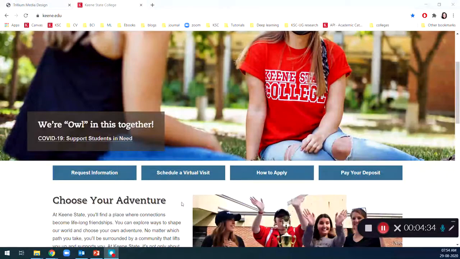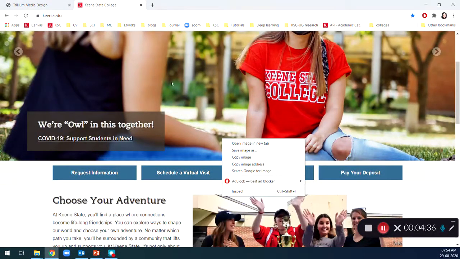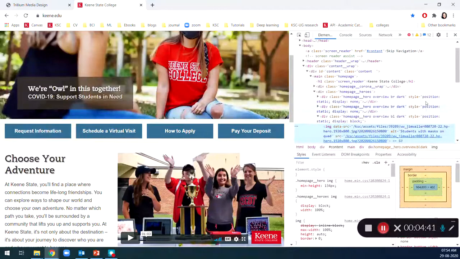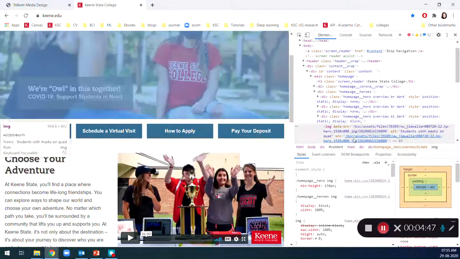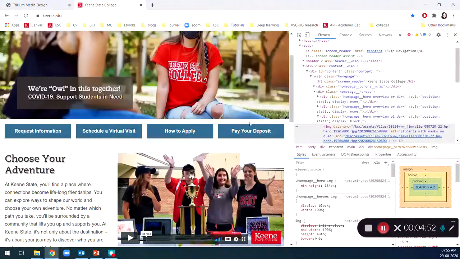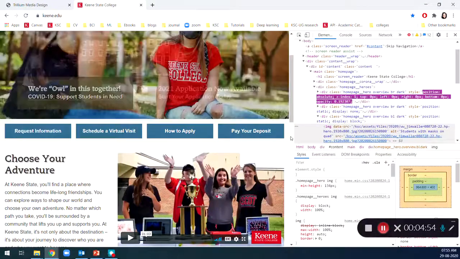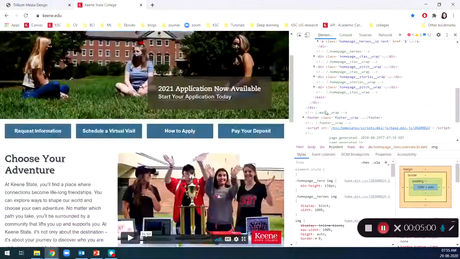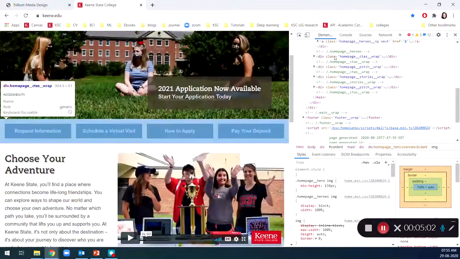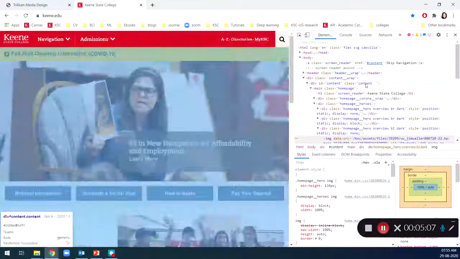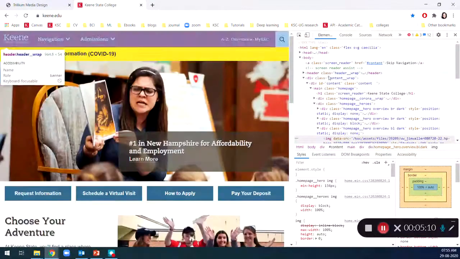You can click on any page to refer to the coding. For example, I'm on keen.edu, so I'm just clicking inspect, where I can see the coding for this. Okay, so for example, here this is our navigation bar, right? So you can see this image. When you hover over this, it will display the content of that. And then this is the main content. You can see all those things that are covered here is the main content. And in our website, the navigation is the first tag, right? So you can see where our navigation is.